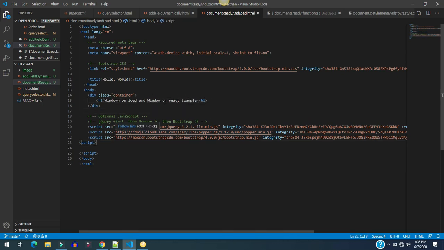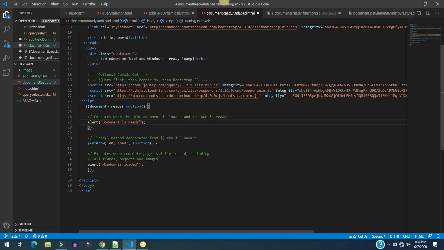Make sure you include jQuery in your HTML page, because jQuery is required to use window.onload and document.ready, since this code comes from jQuery. It's very important. I will also show you the same thing using core vanilla JavaScript, because our series is to understand core vanilla JavaScript. So don't worry about it. First and foremost, I am going to talk about jQuery. So let's do it.